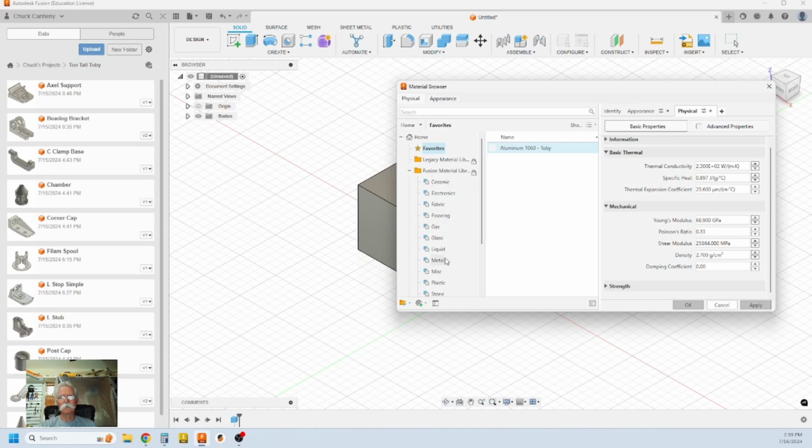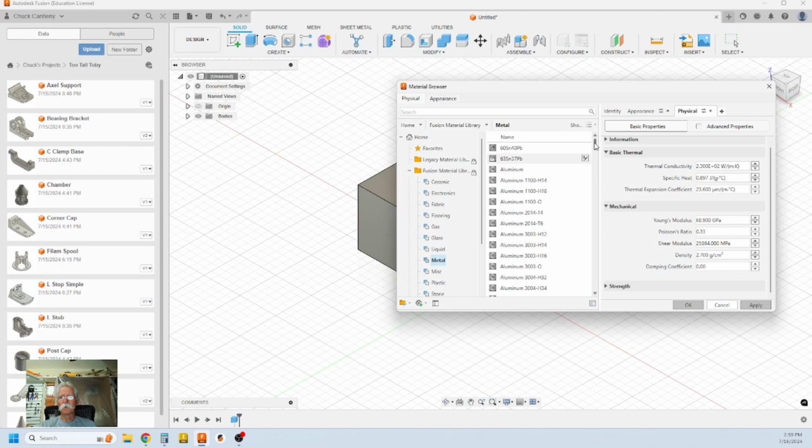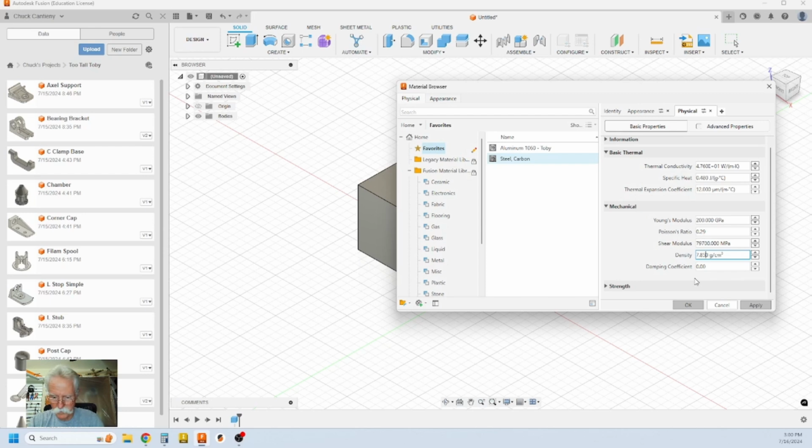Then we will go back to metal, we'll go down to carbon steel, and we will edit that and put it in favorites. And now we can edit our carbon steel. When we edit that, we see that our steel is at 7850 instead of 7800, actually 7.8 again, decimal places. So we make that 7800, apply that,